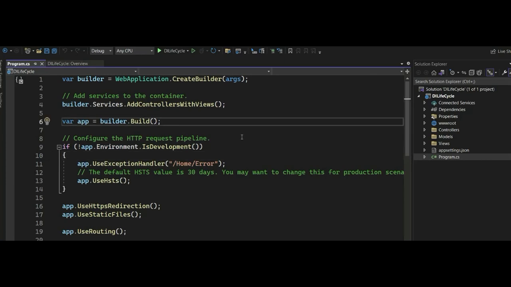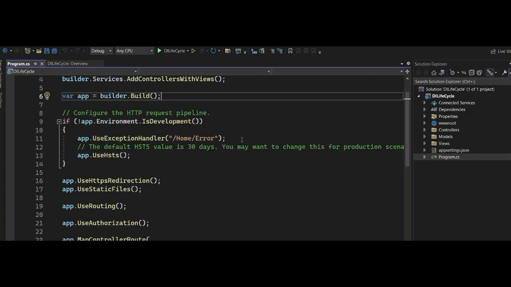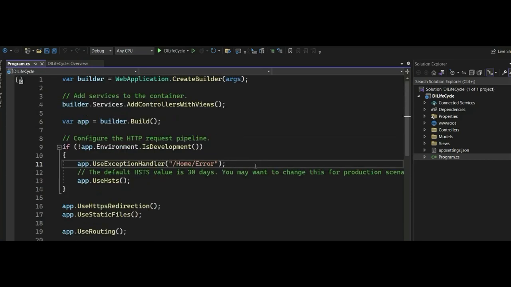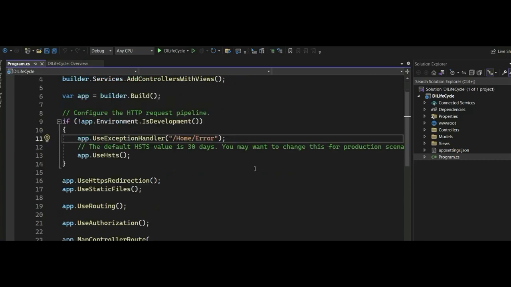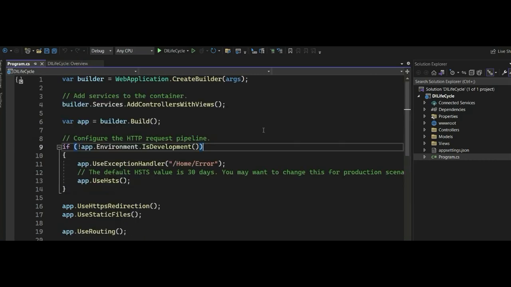Then we have AddScoped. Scoped lifetime services are usually created once per request. Then AddSingleton. Singleton lifetime services are created the first time they are requested. Since we have created our application on ASP.NET Core using .NET 6, we are going to create